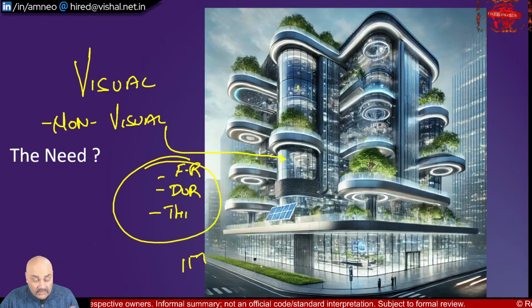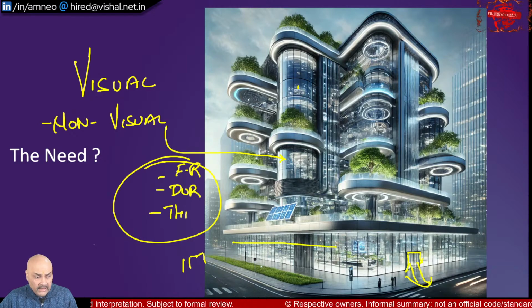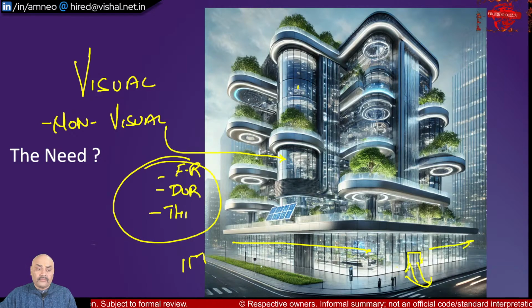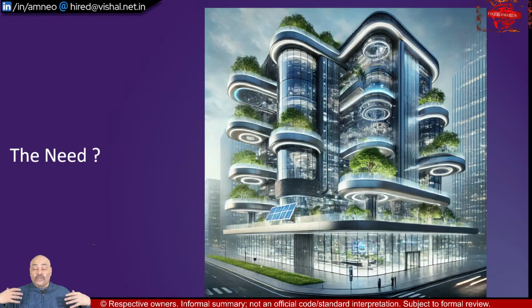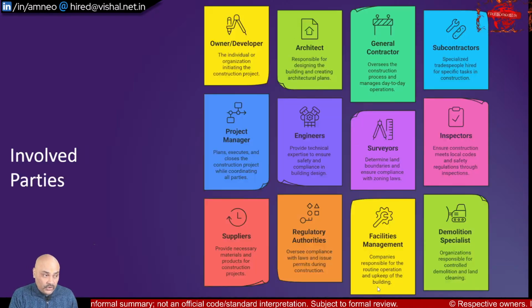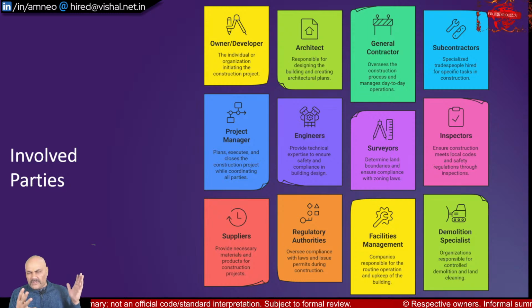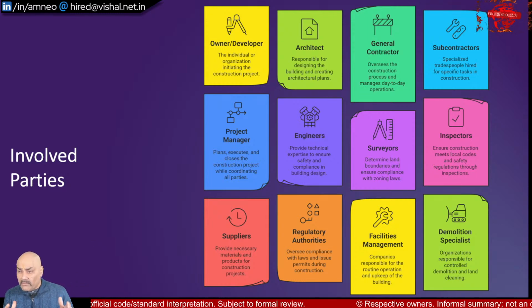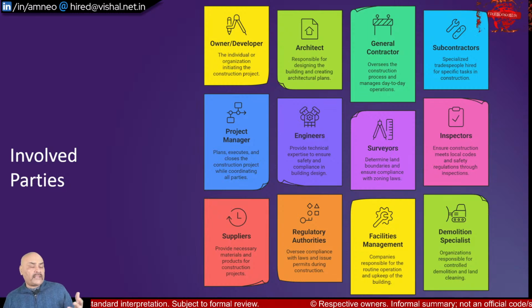Now, the other non-visual information can be the egress path, the calculation that was done for it. Is this small door good enough for this big building, right? That's another thing. Okay, so everyone is interacting now. This building is looked at by various stakeholders, and I will show you those stakeholders. You can see all those stakeholders. If I missed out anyone out there, don't feel bad about it. It's just my memory was not working at this very time.